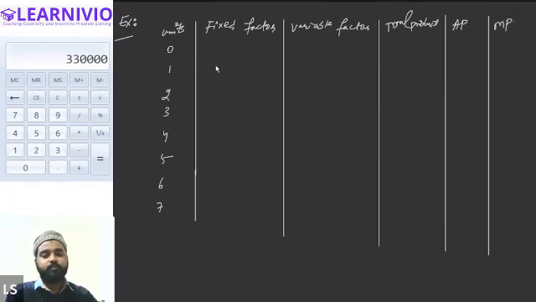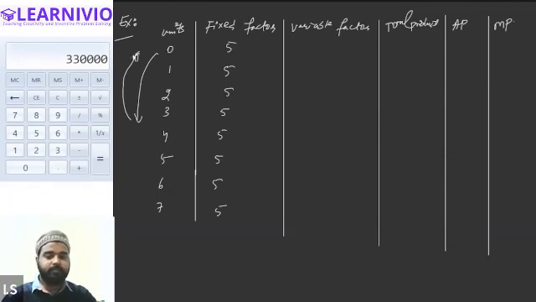Let's say the firm is using 5 fixed factor. That means if production increases from 0 to 1, 2, 3, 4, 5, the fixed factor will remain fixed. There will be no change in the fixed factor, right? So if the fixed factor at the first unit is 5, it will be the same till the 7th unit also. Even if we are not producing, the fixed factor will remain the same. Because the fixed factor is not affected by the change in the level of output, even if we increase or decrease the production, the requirement of the fixed factor will remain the same in the business. Is that clear, Alexander? Yes, sir.